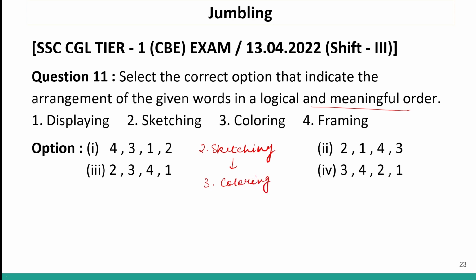Correct? When you're done coloring and when you have a final product, you will frame it, right? And when you frame it, you will finally put it on display for others to see. So displaying will be your last step logically. So the correct order will be 2, 3, 4, 1, which is option number 3. So option number 3 will be your correct answer.